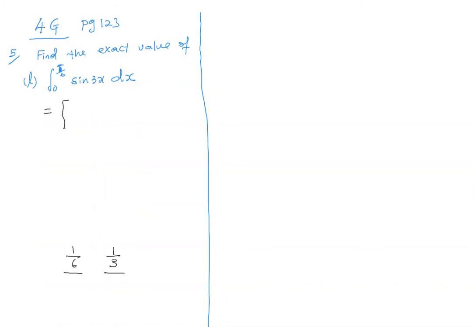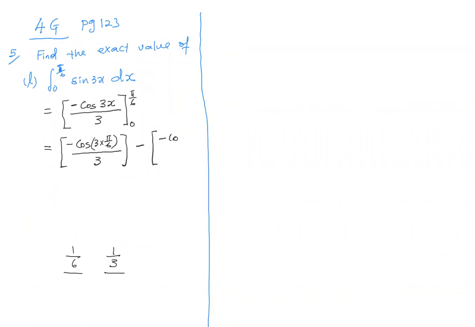Okay, if I integrate sin, what do I get? Negative cos, correct? So I have to divide by 3, from 0 to pi by 6. Now we substitute in pi by 6 first. So 3 times pi by 6. We do step by step, and we see who got the right answer. Take away